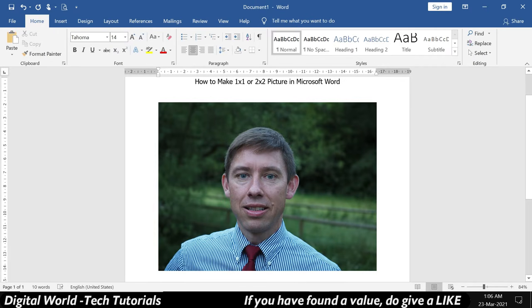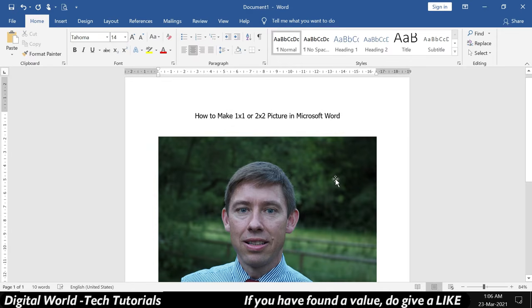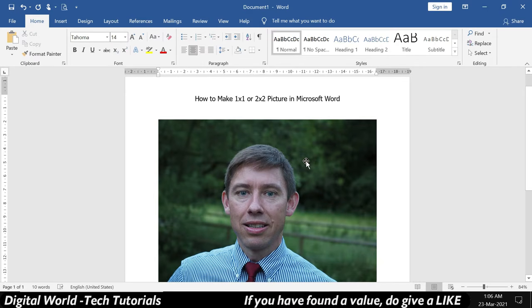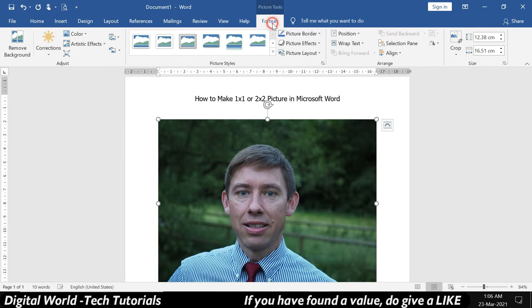Before resizing the picture, there's one thing you need to check and make the changes if those settings are not there, and that is the measurement unit. So if I select this picture and then click format, here you would see that it would give me the dimension of the picture. Right now it is giving me the height and the width in centimeters. So if you want to make the measurement in inches, you need to change the unit from centimeters to inches,